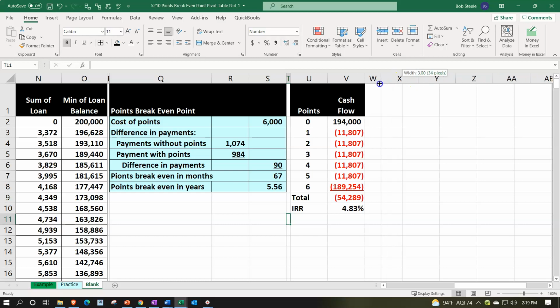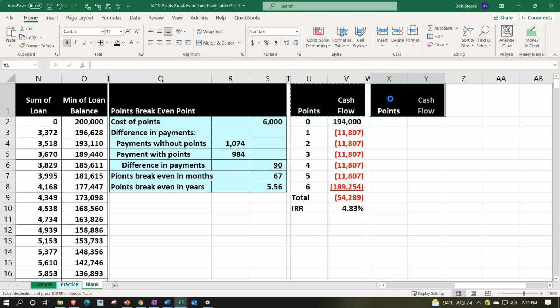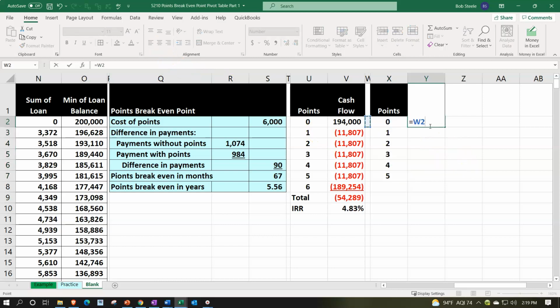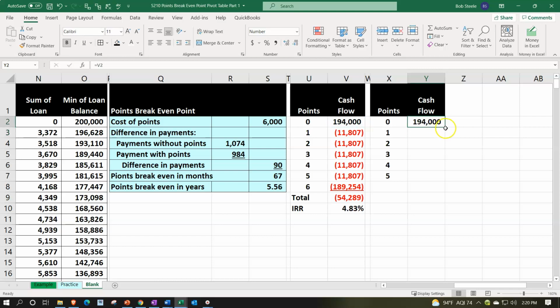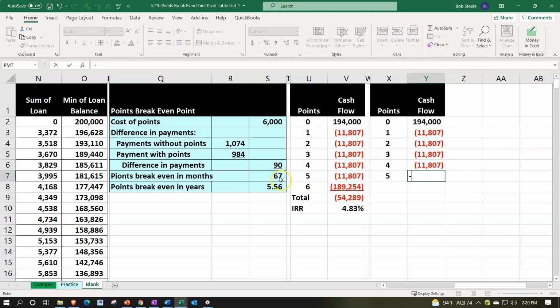But we'll do the same thing over here. We'll say, okay, well, what if I took this and we said that this is going to be 0, 1, 2, but now we're just going to take it down to 5 periods, 5 years, center that. Same cash flows. So I'm just going to say equals this cash flow, but then it's only going to go down to 4. And then I'll take the ending balance at the end of year 5, which would be this amount, that amount. That's how much we'd have to pay down on the loan at the end of that time frame,